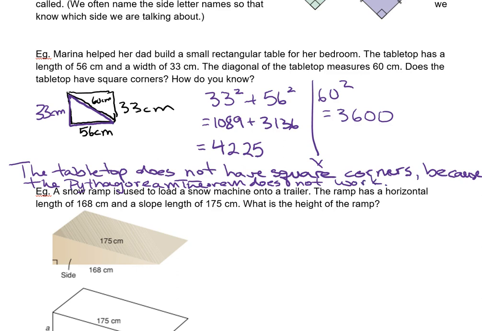Next example, a snow ramp is used to load a snow machine onto a trailer. The ramp has a horizontal length of 168 centimeters and a slope length of 175 centimeters. What is the height? So I want to know this. And see, that would be a place where I might write an h, not the hypotenuse. So let's not call it an h because that might just mess me up. I'm going to call it b. So I know that 168 squared,